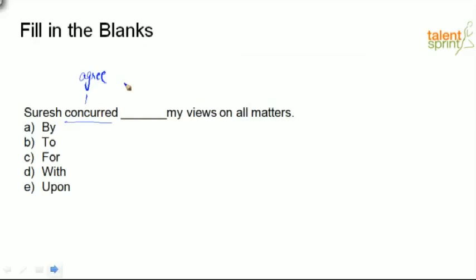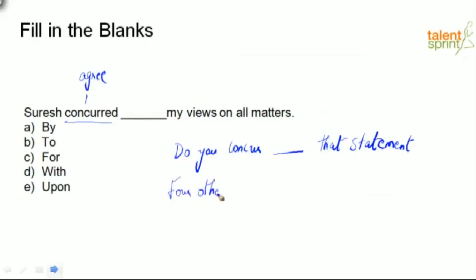So basically we need something that gives the meaning of agreeing dash someone or something. What's the right preposition here? So I'm going to write a couple of statements. I want you also to fill that for me. So if I say, do you concur dash that statement? Apart from the one given here, I'm just writing a couple of other sentences to help you decide which of these prepositions would be the right fit to associate itself with the word concur, right? Four other judges dash with,